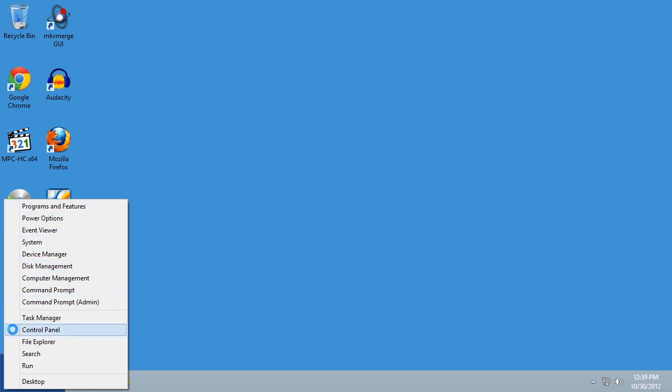Now beyond that, we have some control panel shortcuts. So while we can get to the control panel here, we can get to a specific area of the control panel, a specific control panel applet as they're called, from one of these options, such as Programs and Features. That's where you would uninstall software or add or remove Windows features. Power Options, this would set your power management. Or System, this is what's known as the System Control Panel. Other things, Device Manager,